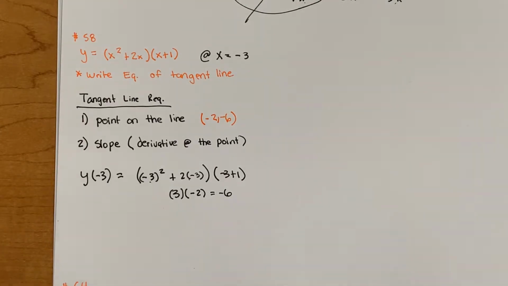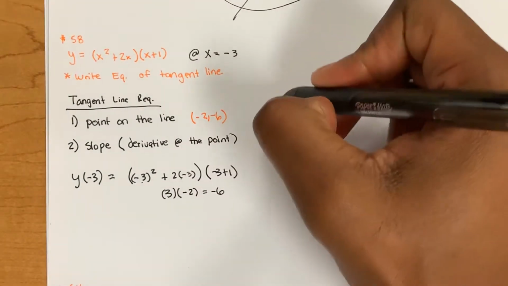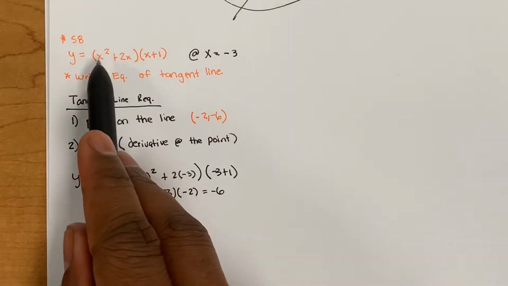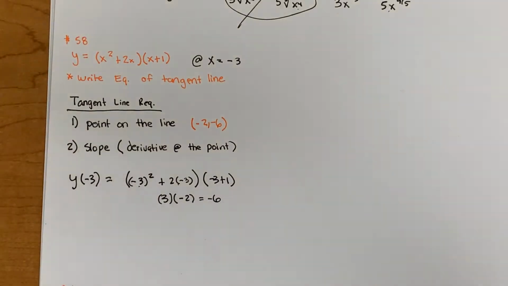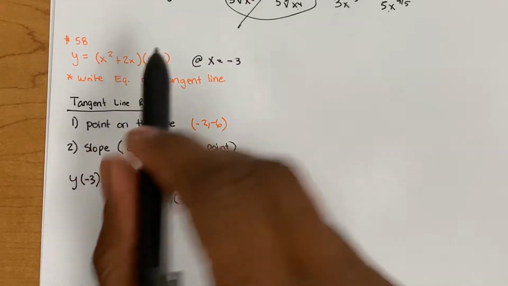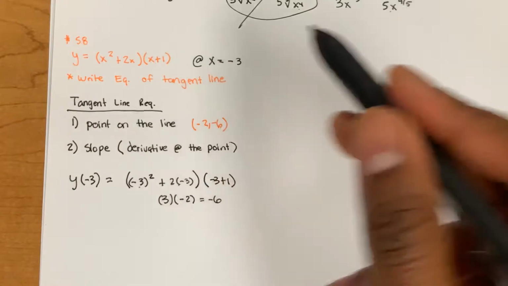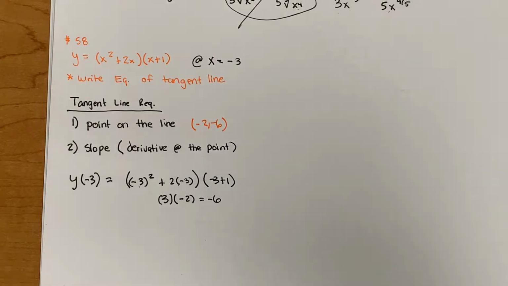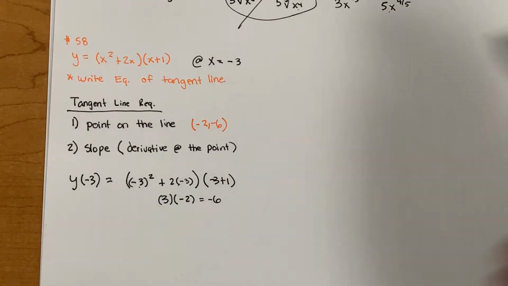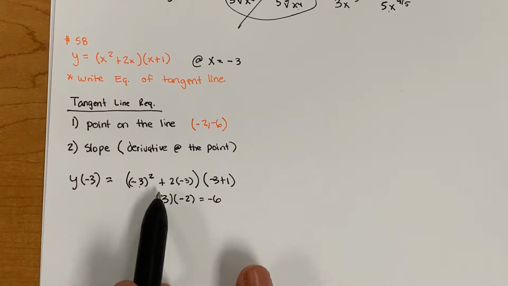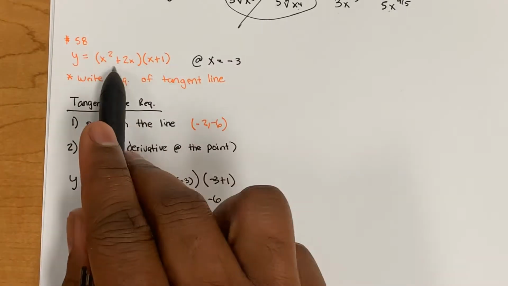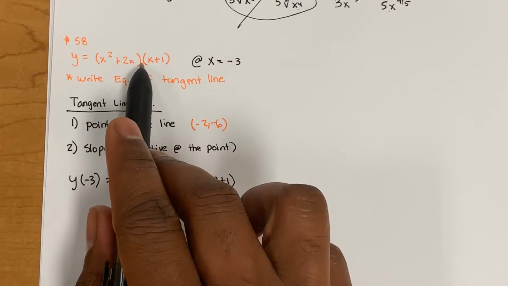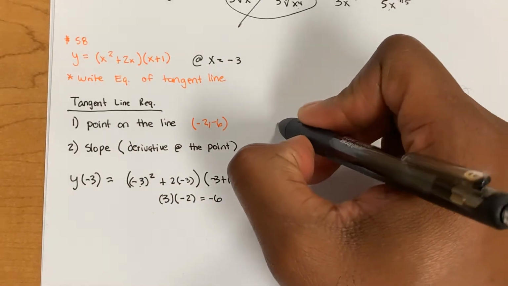So the next thing we need is the derivative. So let's bring this function down. We're going to multiply this out. So again, some problems do not require the product rule and some do not require the quotient rule. You should really only do the product rule when you have exponents that make expanding a polynomial difficult, or you have a sine or cosine or some transcendental function multiplied by an algebraic function like x squared or x cubed or something. So when we have this, we can just FOIL or double distribute and rewrite this as y